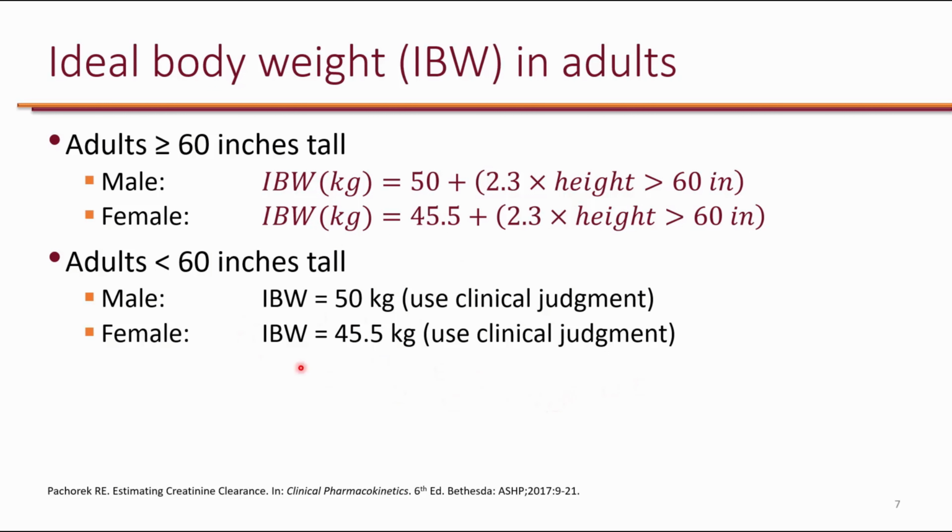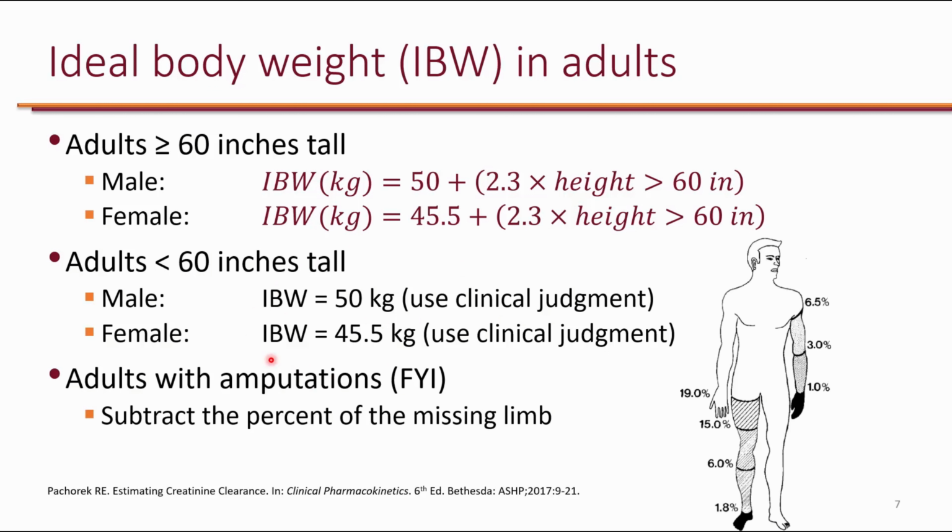For the purpose of this class, we will use these equations. You might wonder, what about patients who have had amputation? For those patients, you can actually use this chart in order to subtract from the ideal body weight whatever limb they're missing. For example, if somebody had below the knee amputation, you can subtract 6% of the ideal body weight that you calculate. These numbers are just for your reference, so you do not need to memorize these percentages